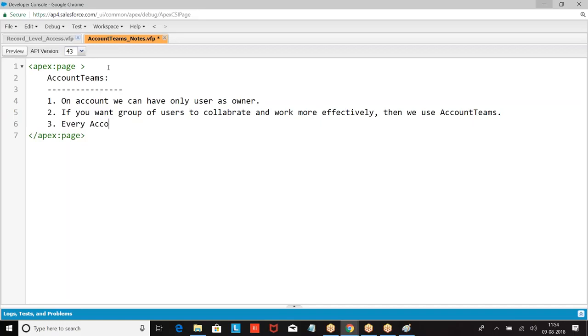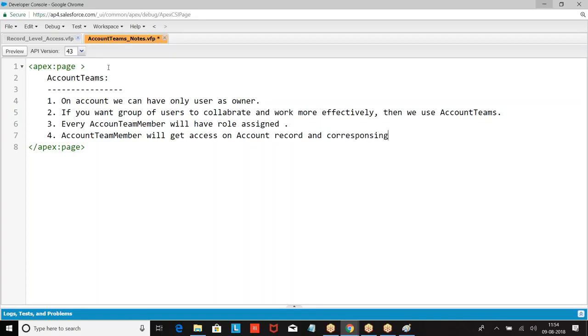account teams. Every account team member has a role. The account team member will get access on that account record and the corresponding child contacts, opportunities and cases.